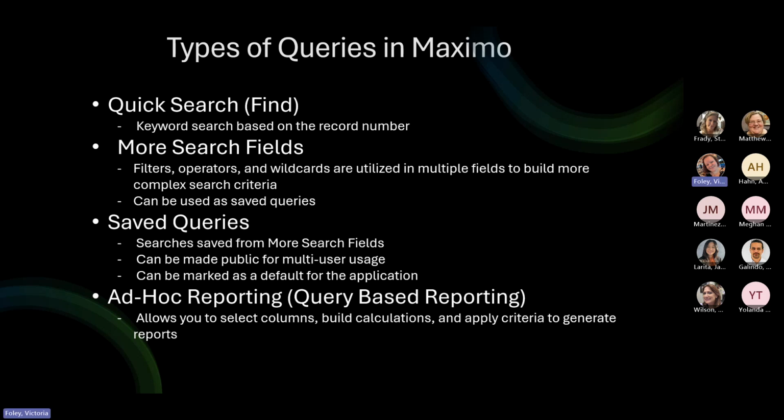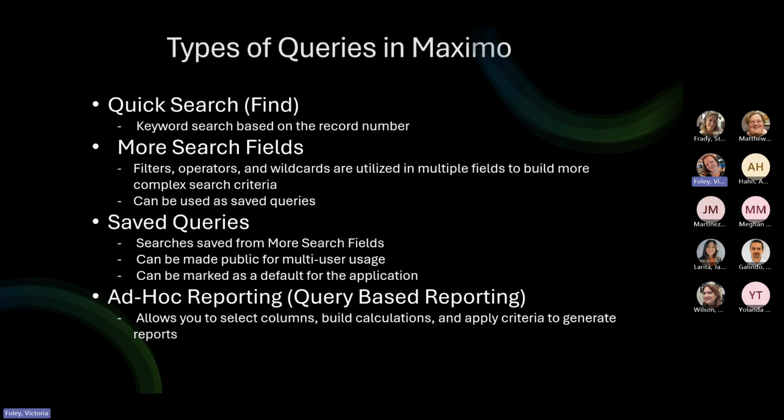Your more search fields is your next option. This is going to be more fields for you to use to search by. You have what's on your list view, and then more search fields gives you more options. These are all fields based inside of the application record that you're in. This is going to allow you to put in more filters. It's going to allow you to use operators and wildcards to build more complex queries, and then you can save these as saved queries,